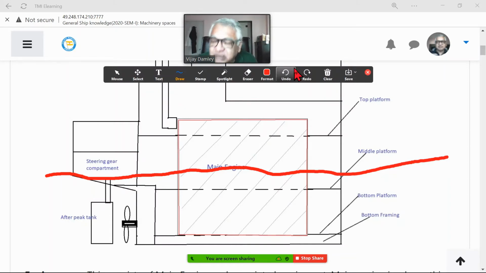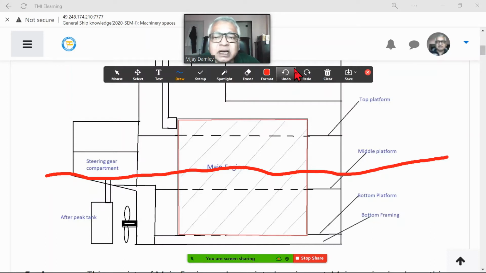So, to run this main engine, we need a couple of more things. If you are familiar with a diesel car, you realize there is an injection pump, there are injectors. Diesel is a clean oil, so it doesn't need heating. Here, what we use is fuel oil, or we call it heavy oil. That is very thick oil. It has to be heated first. It has to be cleaned first. Otherwise the engine will start getting clogged, because there are impurities which you need to filter out.